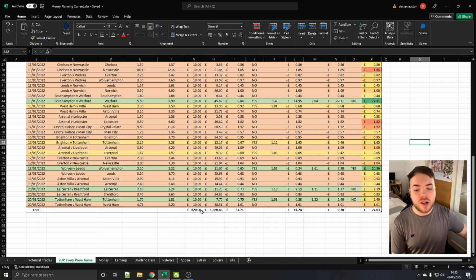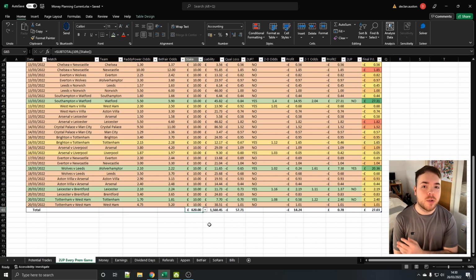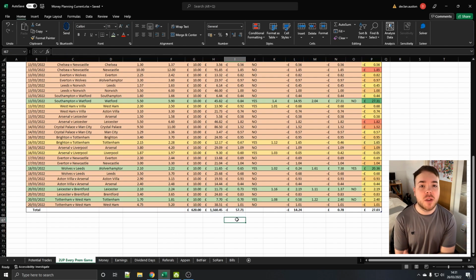you can see it would have cost us £620 worth of stakes over on Paddy Power, and it would have cost us £1,560 worth of liability over on Betfair, and the actual qualifying loss we would have made throughout the whole month in total would have been £57.71. So although you need a lot of capital to initially get these 2 ups placed, the amount of guaranteed loss you would have made if every single game didn't have a team go 2-0 up would have been £57 for